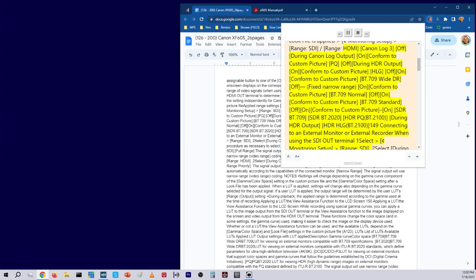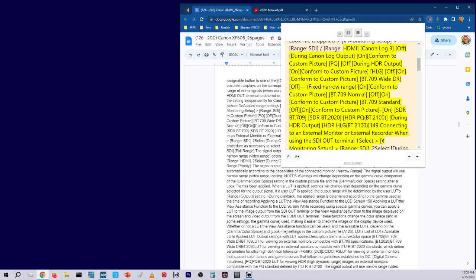BT.709 YDR: off. Fixed narrow range: on, conform to custom picture. BT.709 Normal: off. On, conform to custom picture. BT.709 Standard: off. On, conform to custom picture. On SDR BT.709, SDR BT.2020, HDR PQ, BT.2100, during HDR output, HDR HLG,